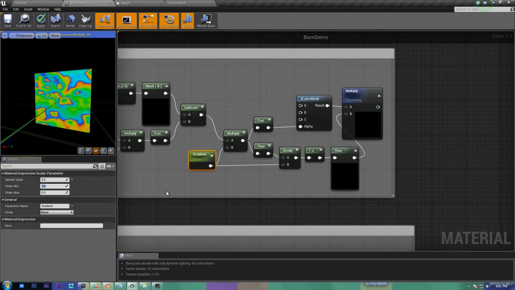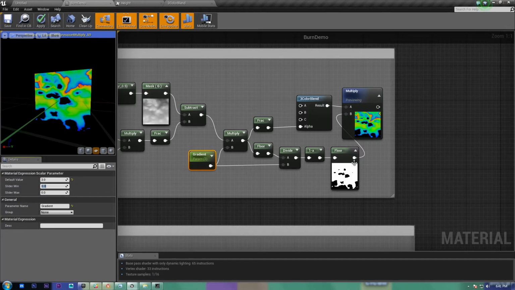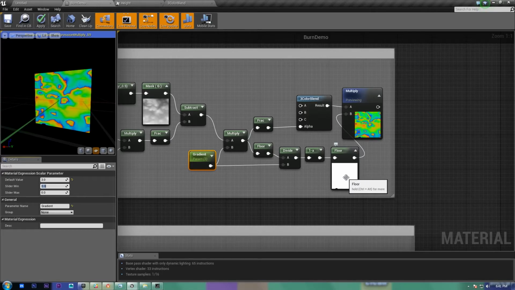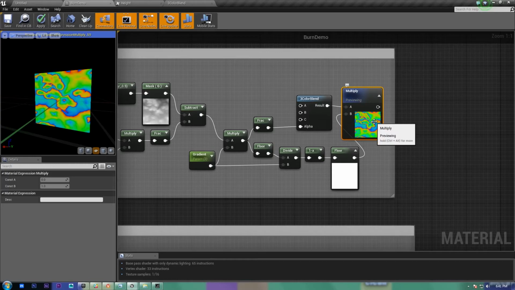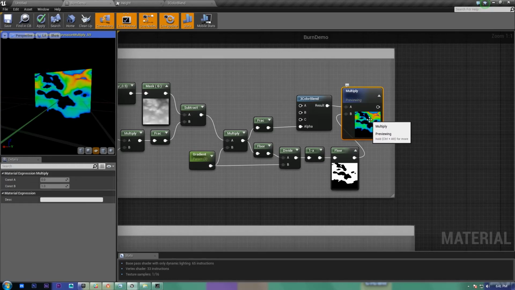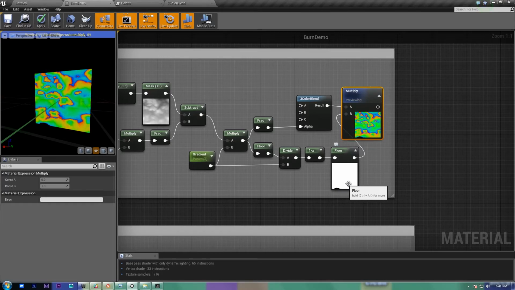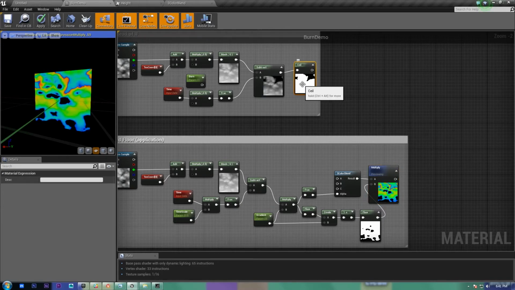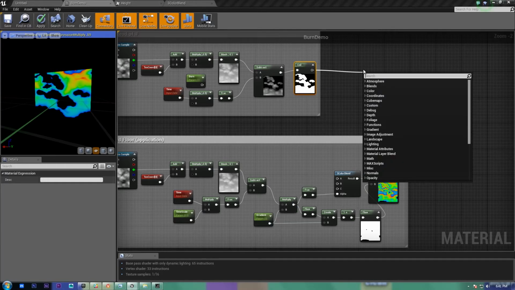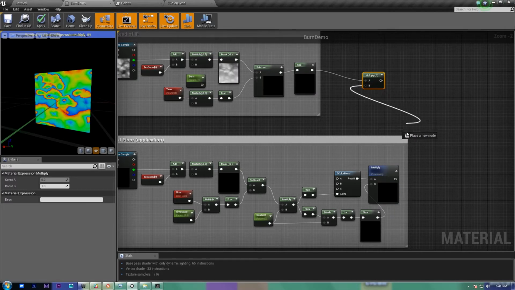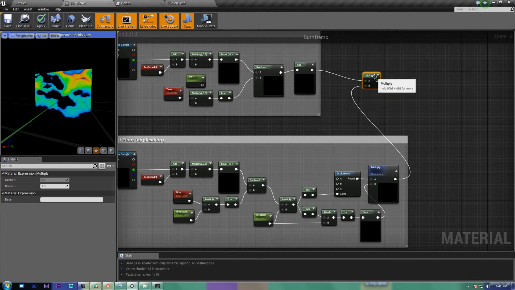But if I set it to 3, you'll see that this black and white mask starts to kick in. What it's doing is, the black part is because this multiply here is representing our emissive. Black is going to be every area that we don't want to be lit up at all, and this ceiling here is going to be our opacity mask. So anything in the black in this opacity mask will have burned away and we won't see it. So as you can see, when we multiply these two together,